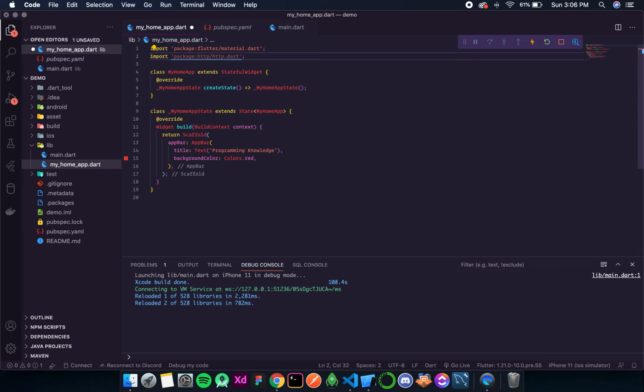Now I am not simply gonna call all the methods. I'll use a namespace, that means a reference to this package as HTTP. Means everything inside this package will be used under this namespace. Okay, so you'll understand what I'm trying to say when I implement this.